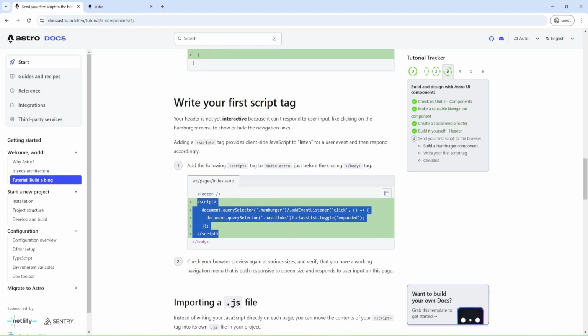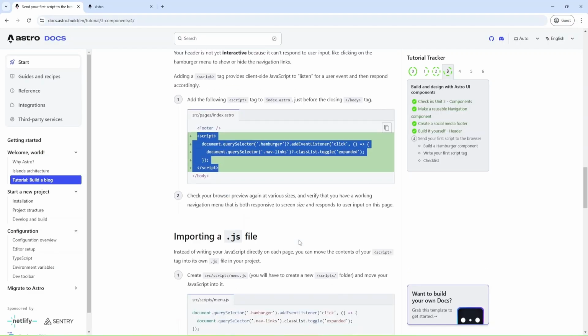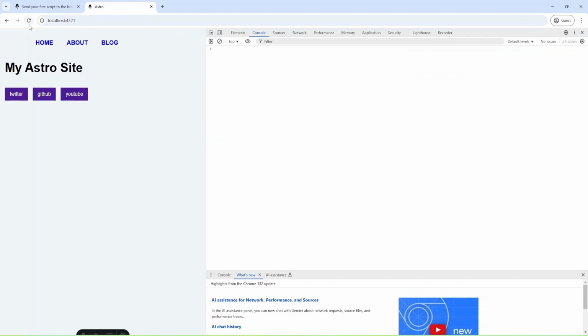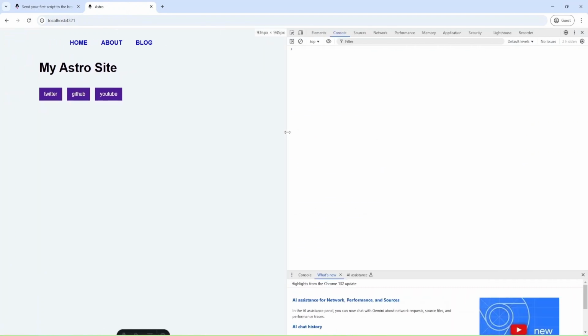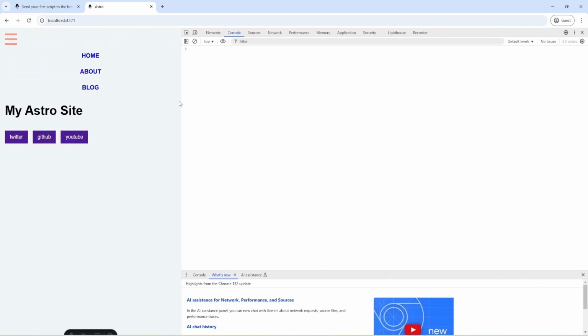And we need to place it below footer. Okay, and check browser. Let me go to home. Let's check. And as you can see, now I have this hamburger. And when I press on hamburger, I have home, about, and blog menu. Let's go to about.